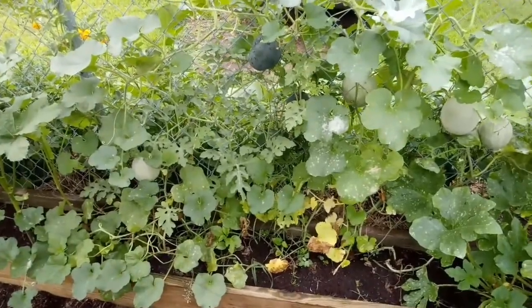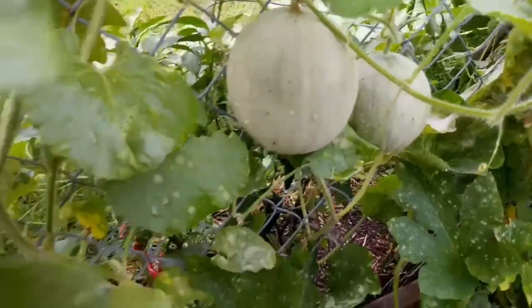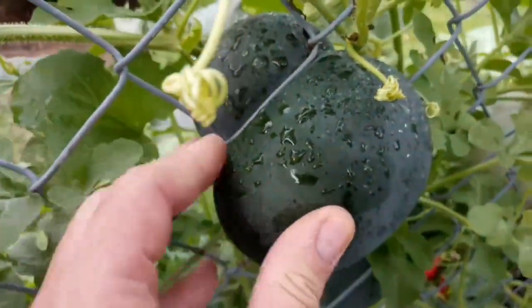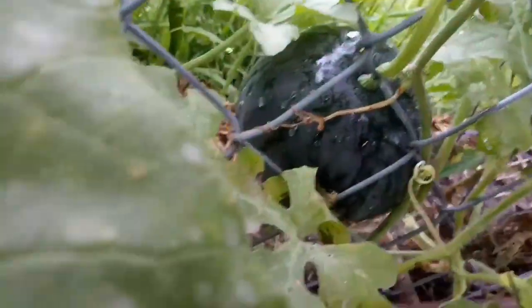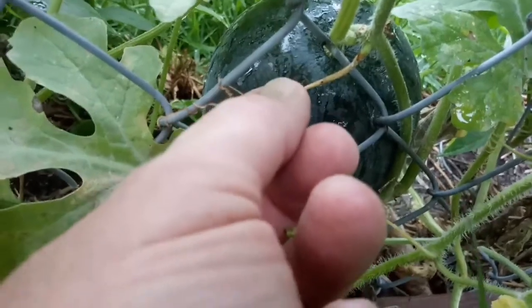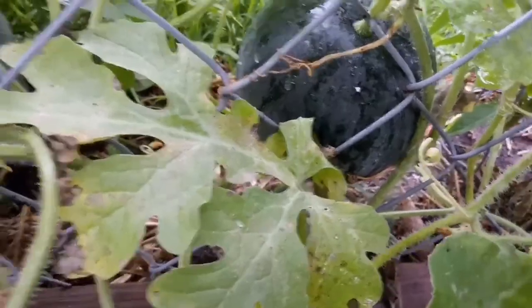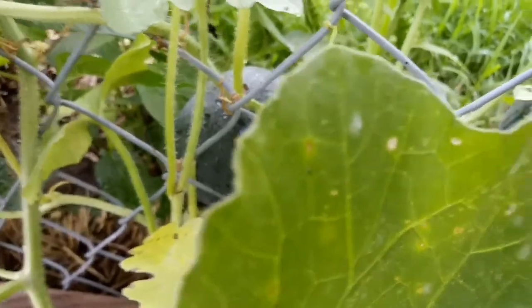And we have the melons. Melons are doing good. Doing good. This guy, ain't no getting him out. I'm gonna have to cut him out. This one I think is ready to go. This guy, when this tendril dries up, that usually means they're ready to be harvested. So we'll look into that a little further. This one's all dried up too. He's a little smaller, but